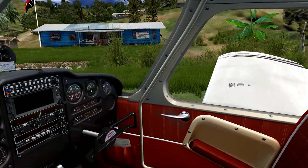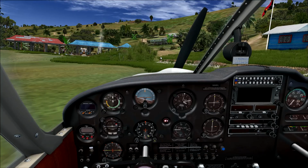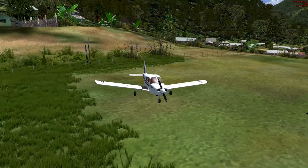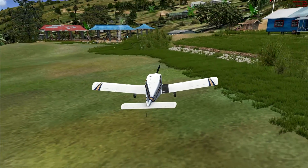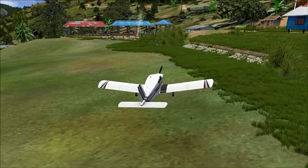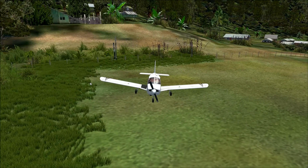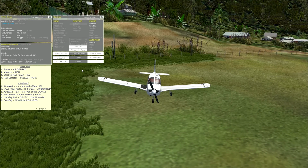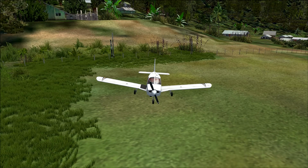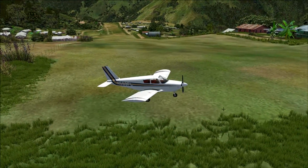I'm actually gonna have to probably tow the plane somewhere else. Looking for a good spot to tow it here. Let's see. There's a fence right there. Is over there a good spot? I don't want to put it by those people. Yeah, I'll just... Oh wait, we don't have a tow bar on this one, do we? We only have the tow bar on the 250. Oh well. Anyway,